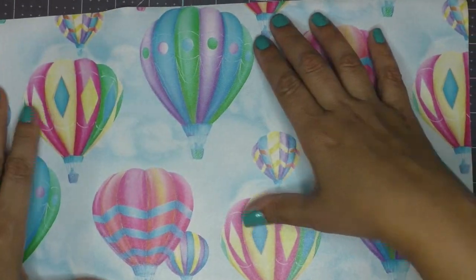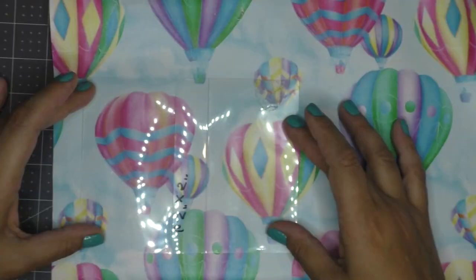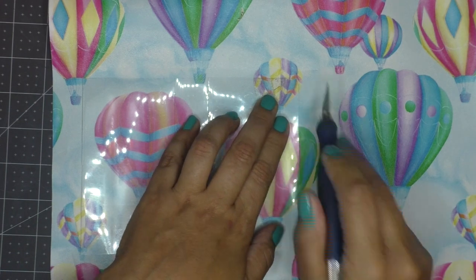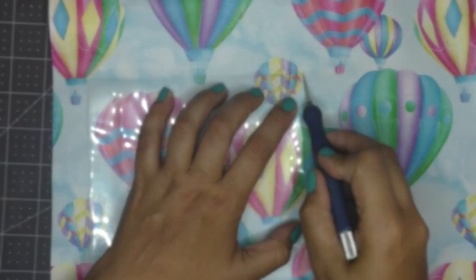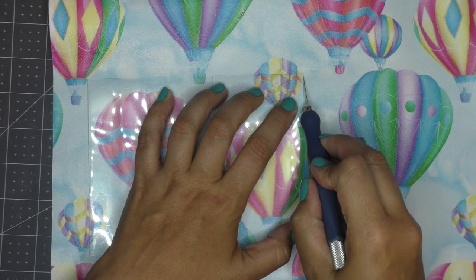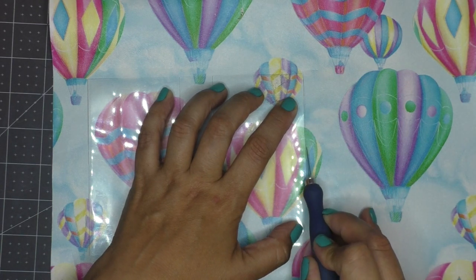And let's start with our first card. For the first card I'm going to show you, I really wanted to use this scenery of these balloons that are just floating in the air, and so many of them. I loved it. And just a little tip, I go ahead and I cut a piece of clear plastic